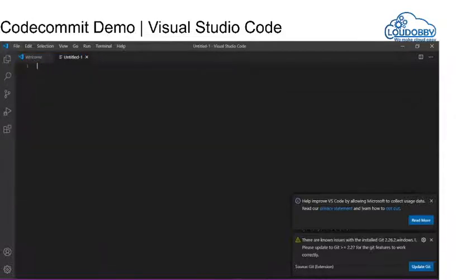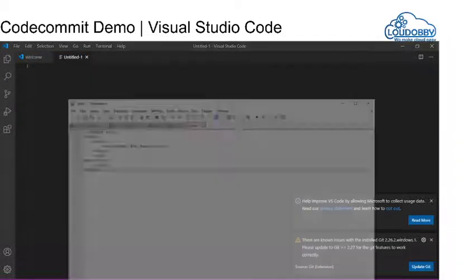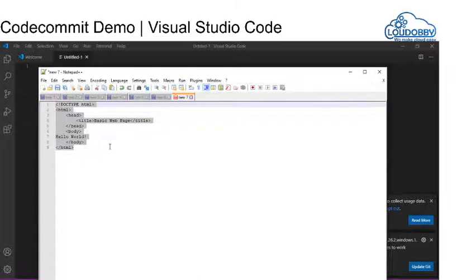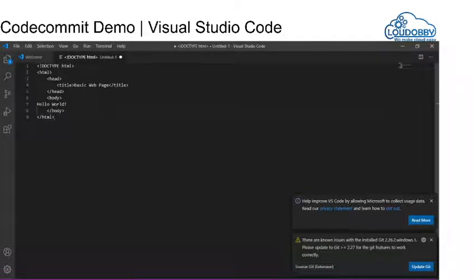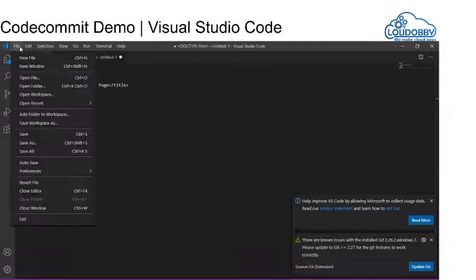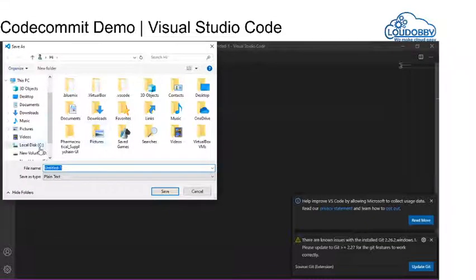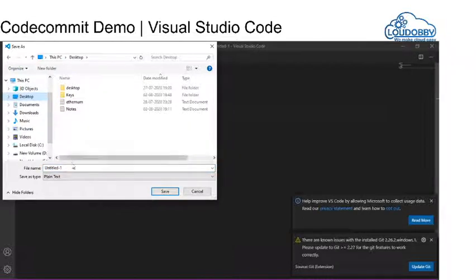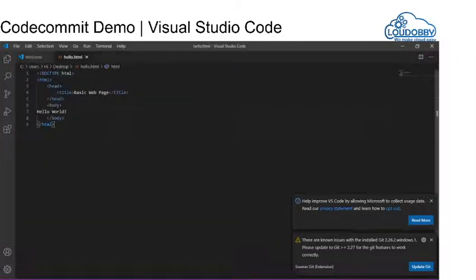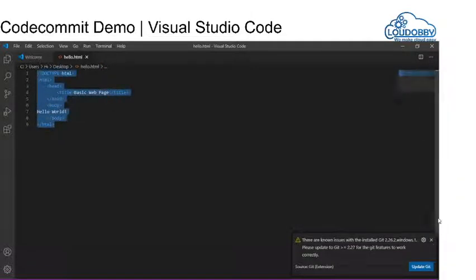new file. So I am going to write an HTML code, which I have in the sample code, hello world. Okay, this is my code which is saying hello world. I am writing it with my IDE. Then I am going to save this file. So I am going to save this as hello.html. Okay, you can see I have the hello.html code right now.